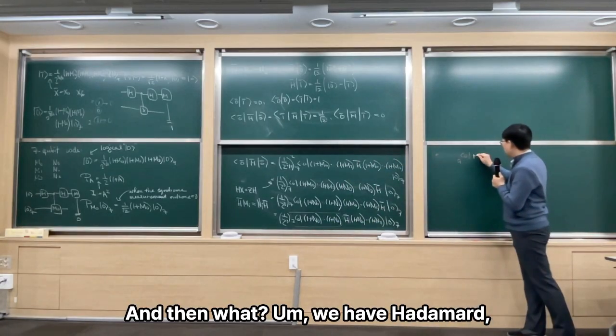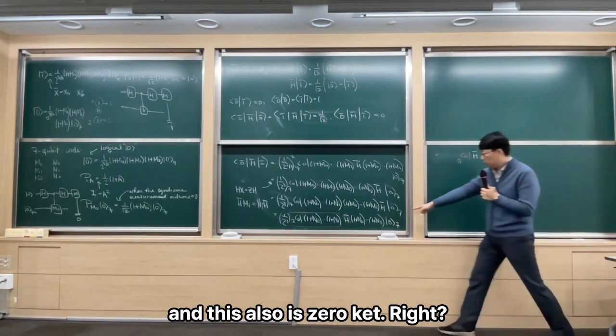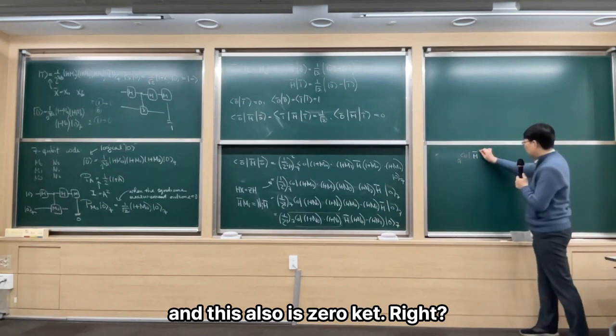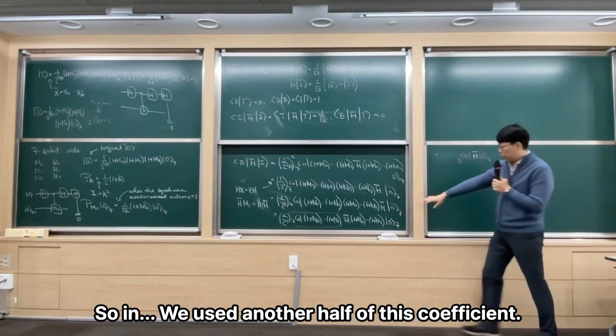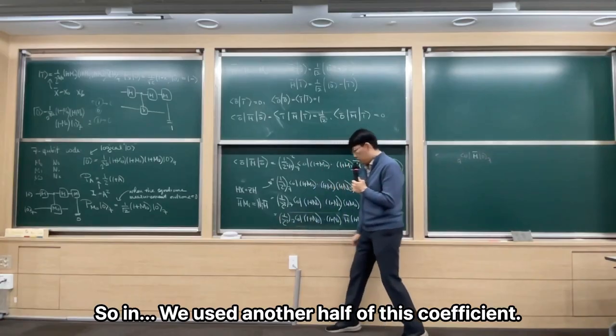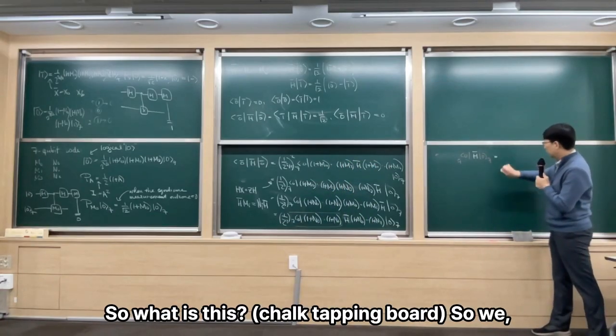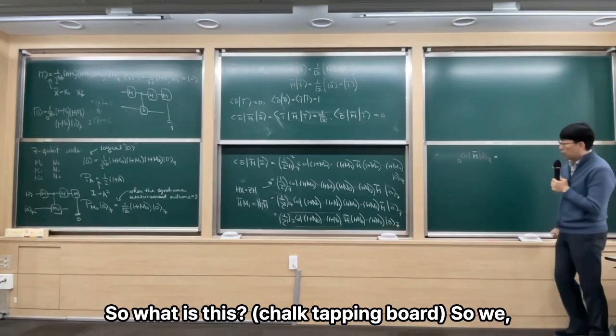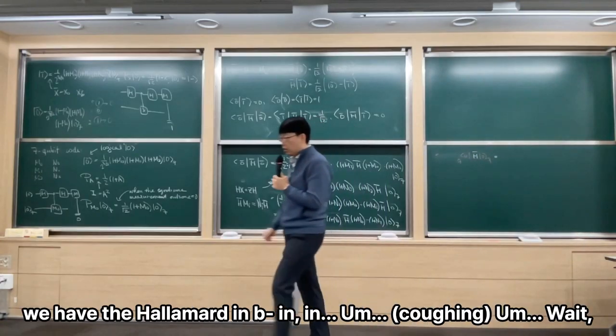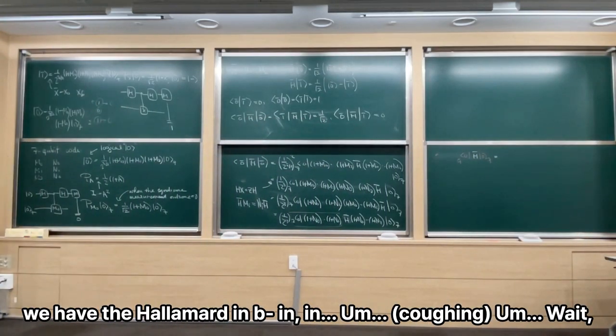We have Hadamard, and this also is 0 cat. Right? So we used another half of this coefficient. So what is this? So we have the Hadamard in